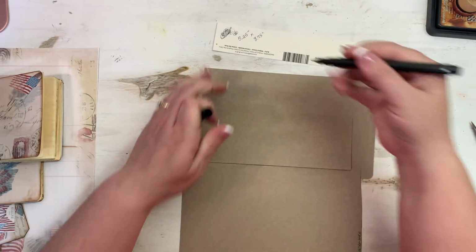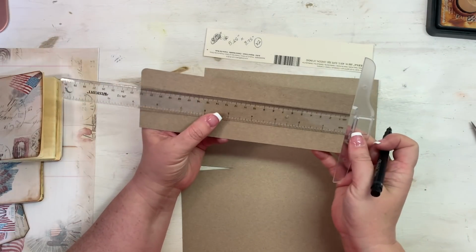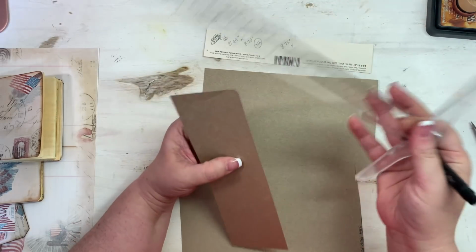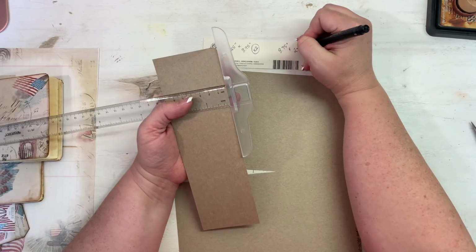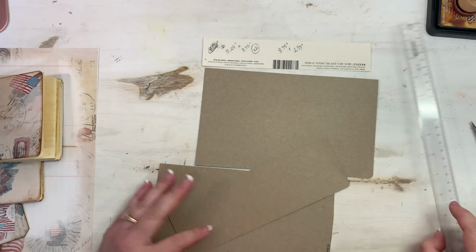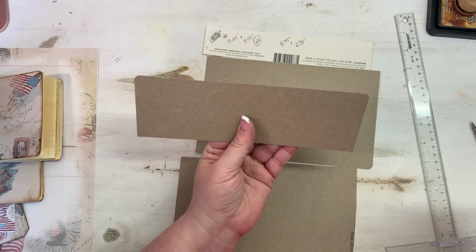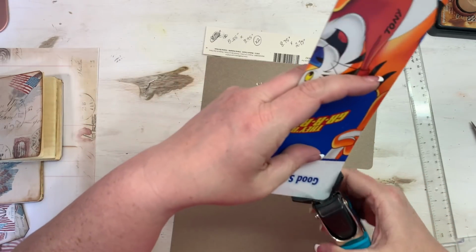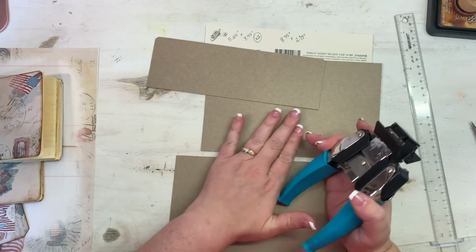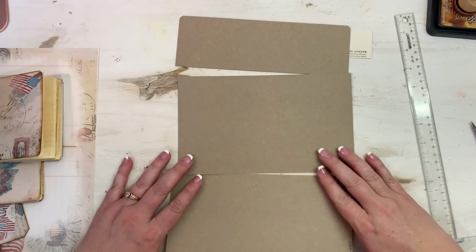So you need that times 2, and then your little flap for the top needs to be the 8 3/4 by 2 3/4. Okay. So then I'm wanting rounded corners on that top flap. Okay. And of course we're going to cover these, so I could do that later. But now to figure out